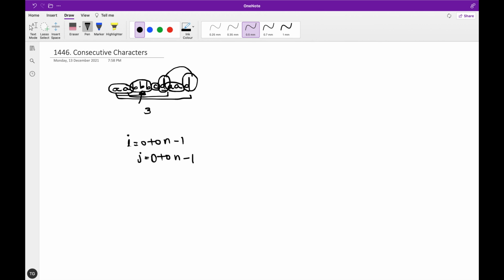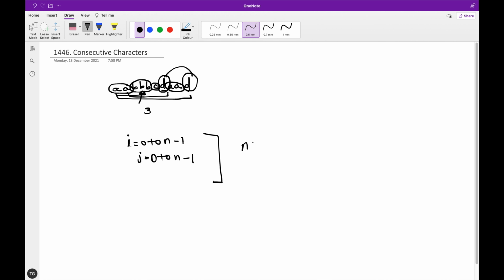So using two for loops you can find all the substrings, and then you first have to check whether or not the string contains only one unique character, and if that's the case, you have to take the length of it. If you see this problem, how much time will it take?